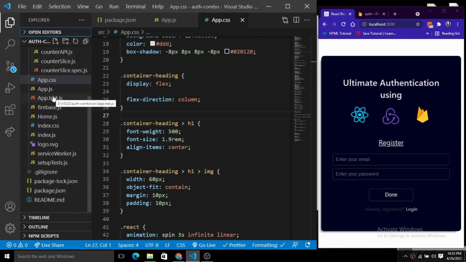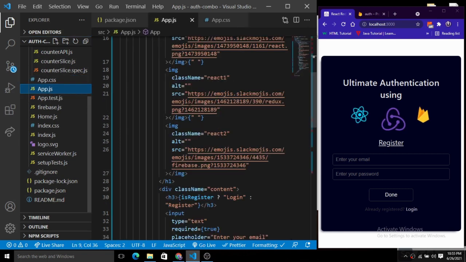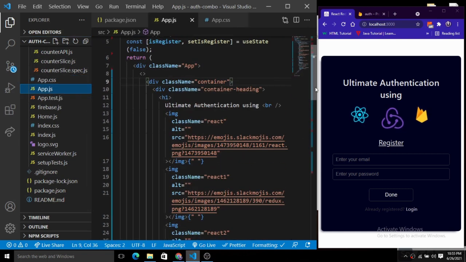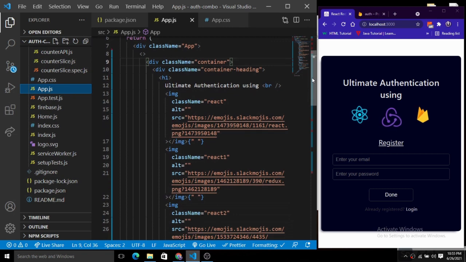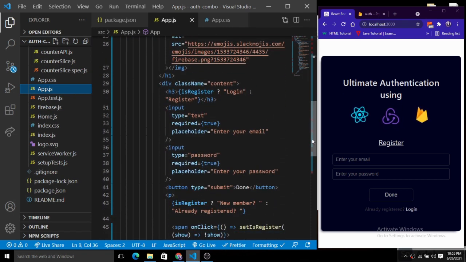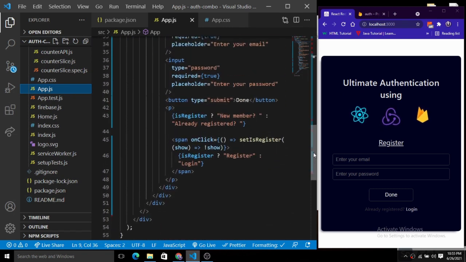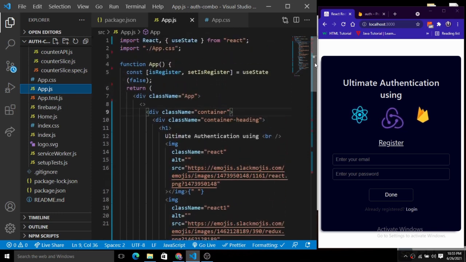It's just boilerplate code for this card here inside of this app.js. This is the whole code. I will simply scroll down, so you can check that out, and you will get the link of this repository in the description that we have just created on GitHub. Okay, so here you can see we have created the state, isRegistered. Initially it is false, so register and isRegistered is initially false.